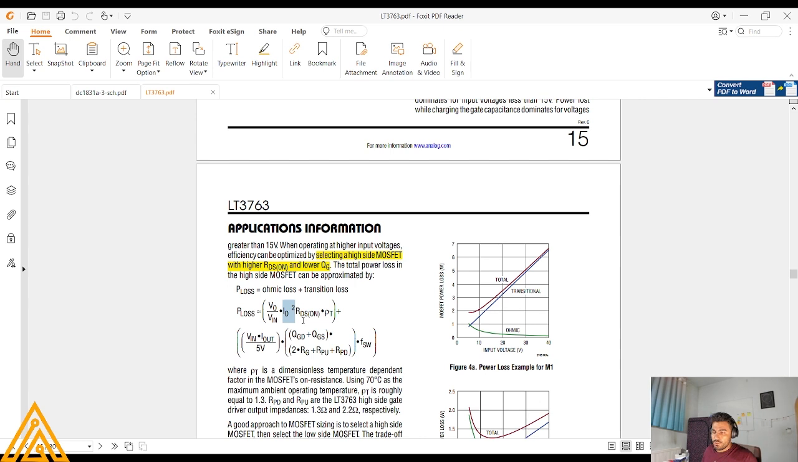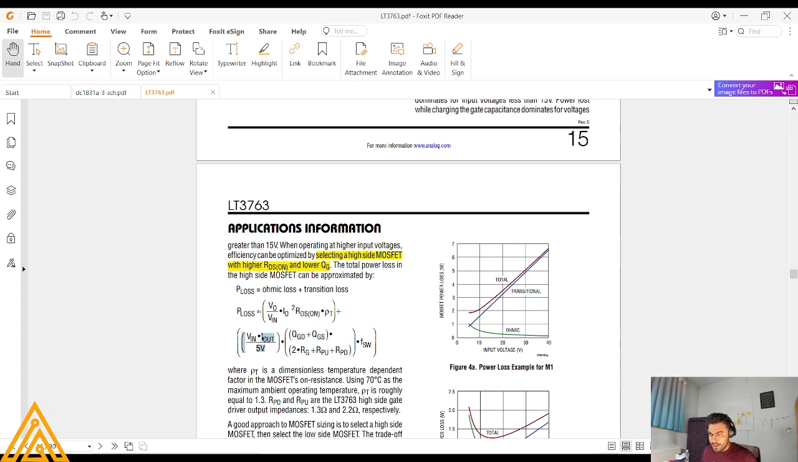It is equivalent to output current squared multiplied by 2 multiplied by drain-source resistance multiplied by rho. Rho is a dimensionless, temperature-dependent factor in the MOSFET on-resistance. Using 70 degrees as the maximum ambient temperature, rho is roughly equal to 1.3. And the transition loss equals